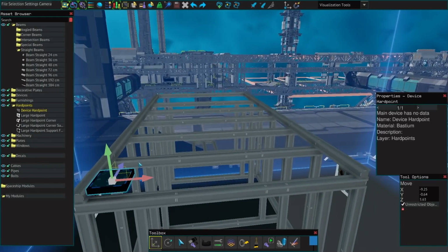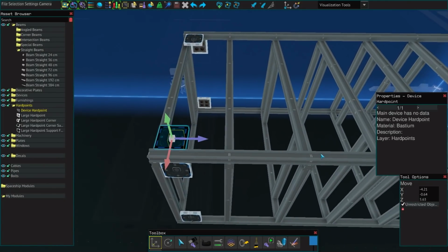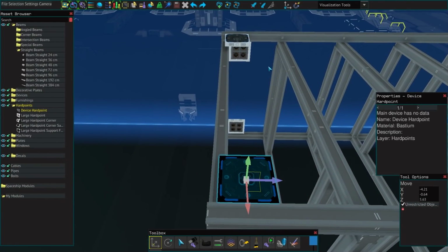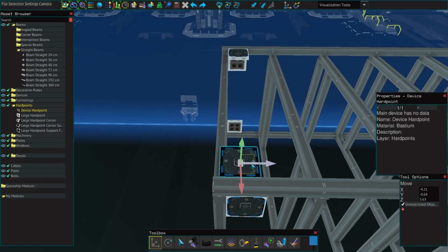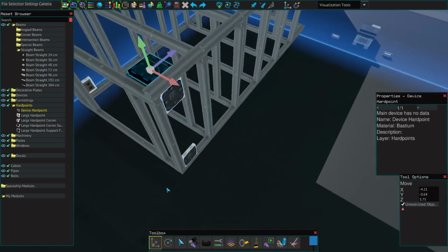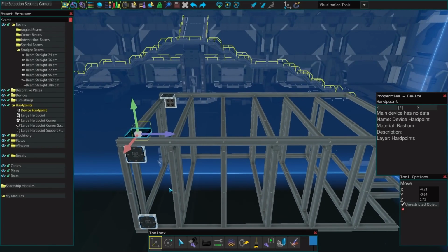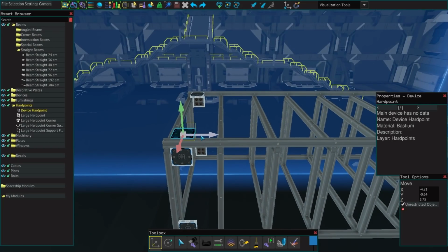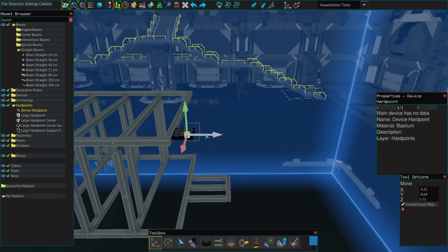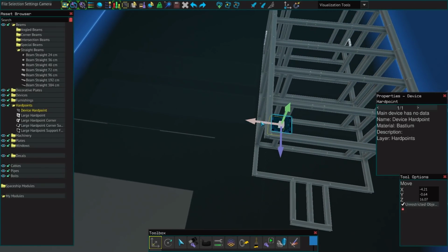So then we can drag this over here as well. All right, and then we've got those. And now we want to make sure that these are in line with the ones that they're near. Because if you don't do that, then you're going to end up with asymmetrical movement, and that is never good. So we're gonna put one there, and then we're going to put one